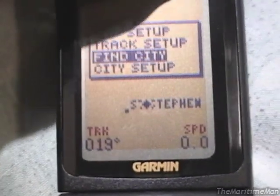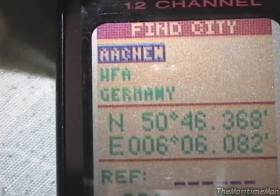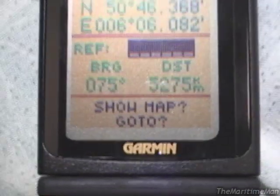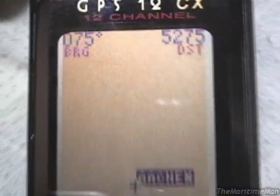We can also find a city. For some reason, I guess it starts in alphabetical order. We have this town in Germany. So I can go down to Show Map, and it'll show this town in Germany, which is some 5,000 kilometers